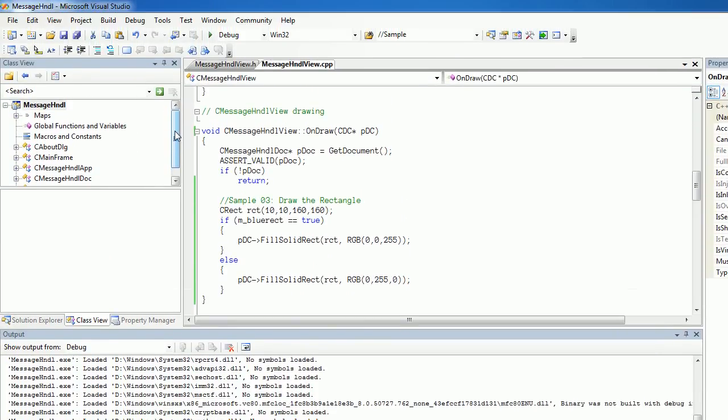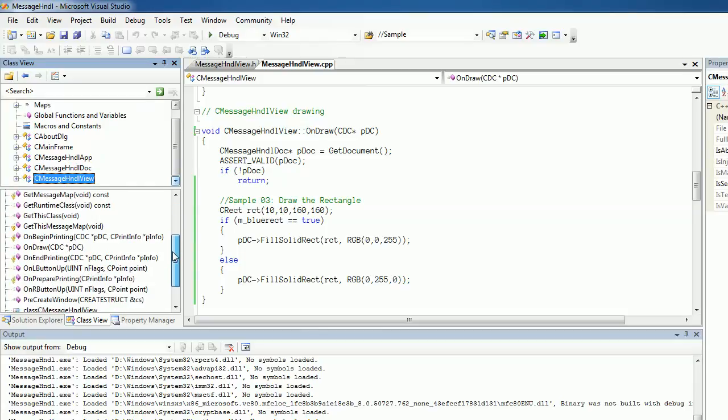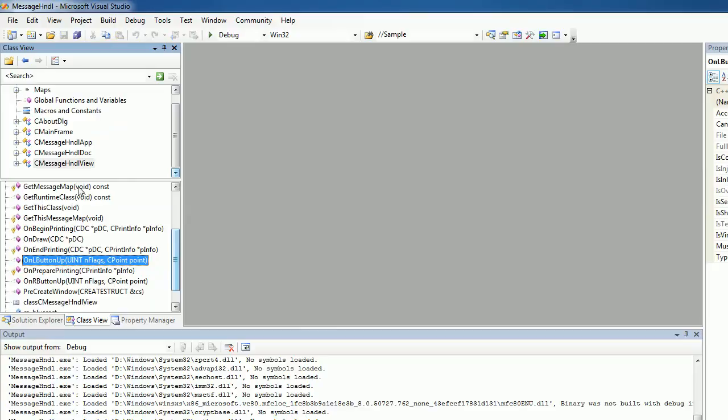There are two ways we can go to that handler. First, click on view, and if you remember, there is OnLButtonUp and OnRButtonUp. So if you double click, you can navigate to that function. I will do that once. If you can see, I navigated to that function. Or I can right click, choose properties,